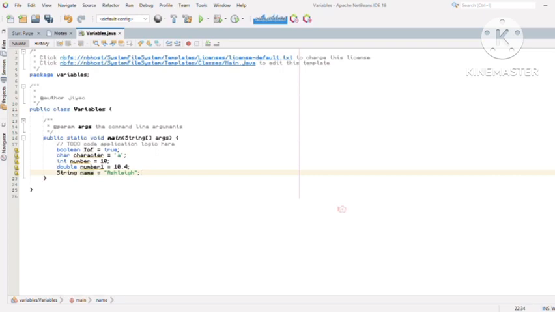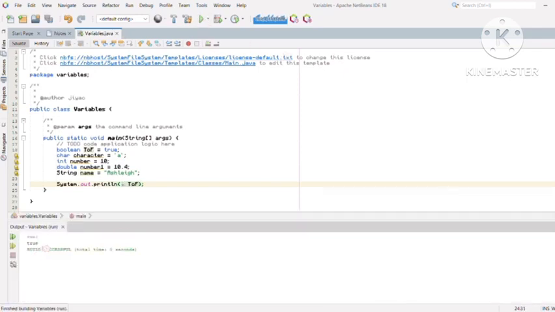Now we're going to see if we can output them. An easy way to output them is typing SOUT and the tab button. And system out println basically means that it is outputting whatever you put inside of these brackets. So let's try output TOF and press the Run button. It outputs true. Next, let's try output character,